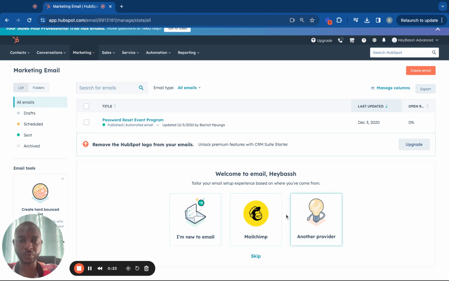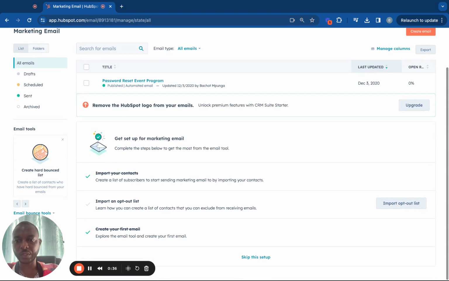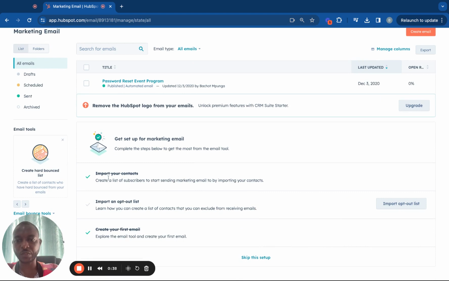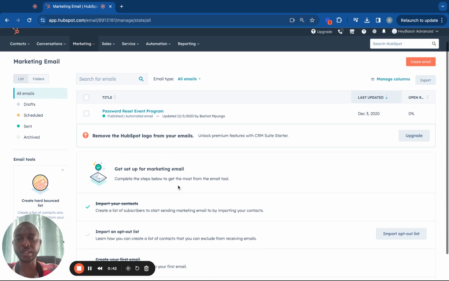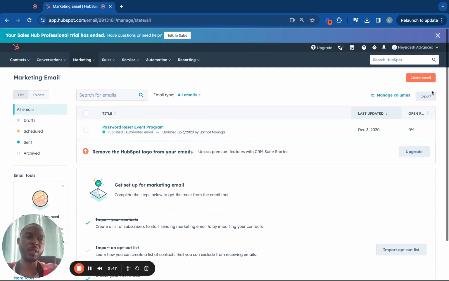If you want, there, you get some information. So tell your email setup experience based on where you have come from. So yeah, they're giving you that to choose. Let's skip this one here. As you can see, there is some of the information there, like create a list of subscribers to start marketing email. So those are the other setup if you want to get familiarized yourself with email, but you're going to create